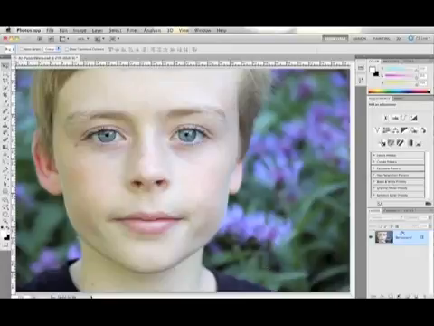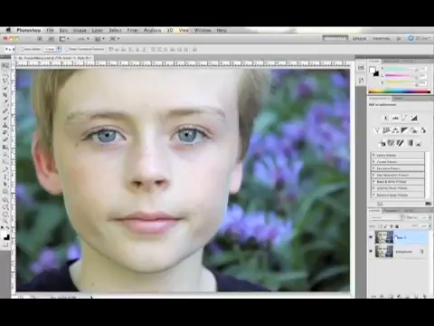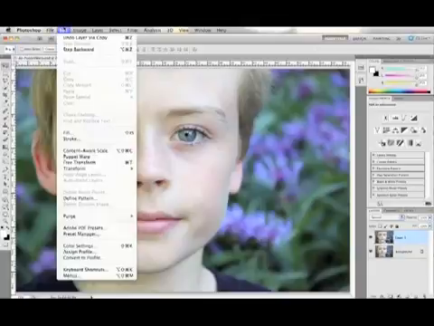I'm going to do a demonstration in Adobe Photoshop CS5 Puppet Warp. Puppet Warp is a really fabulous feature that allows me to do some fine tuning that was very difficult before in Liquify. So the first thing I am going to do is duplicate my background layer